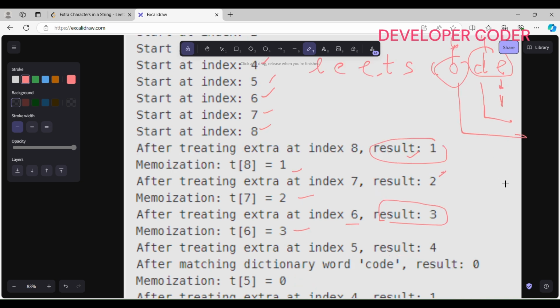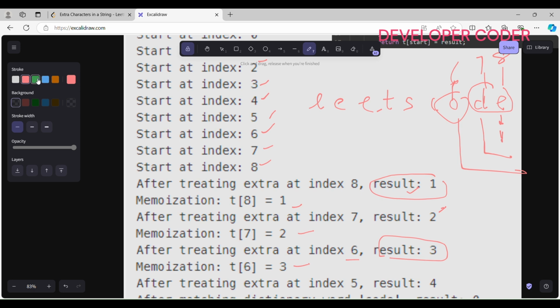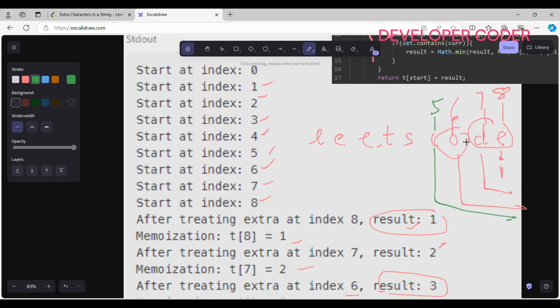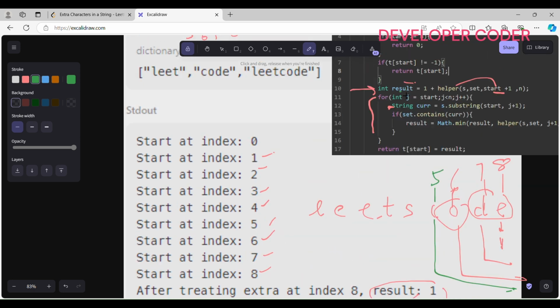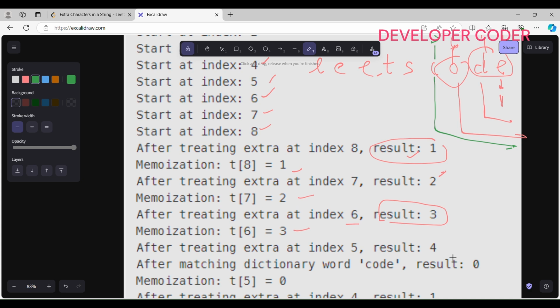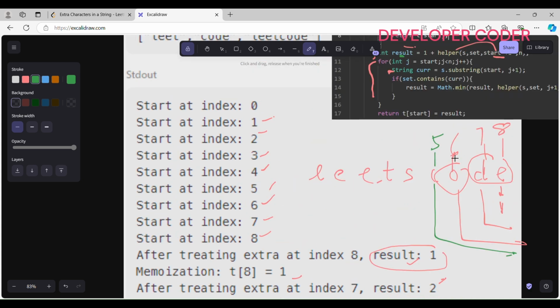Okay, now it's interesting. One thing here. At 5, what will happen? At 5, if I treat all these as extra, I will get my result here as 4. I was getting 4 here. Now after that I am going to start searching. So I will see that this is there in my